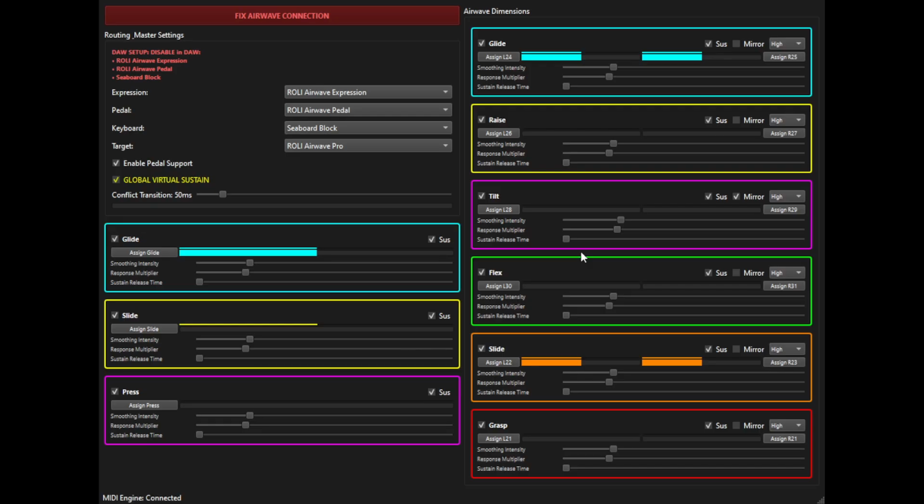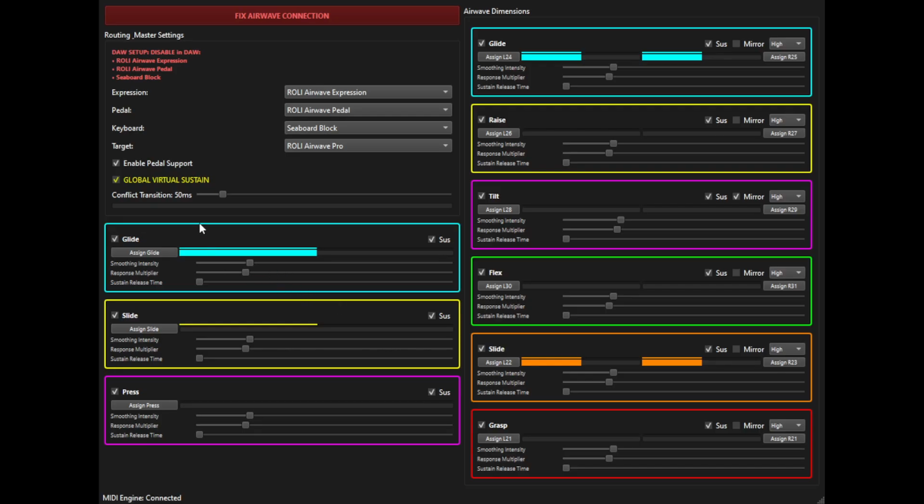I don't like to use an envelope on the software because then I'm not really fully in control. And so having this sustained release time is kind of like having an envelope. You have full control over exactly how much it's going to be. It's always going to be the same value, and you can get familiar with it. And it doesn't have to be much, but it does give it a little bit of a time before it drops down to 0 so it doesn't have the clicking sound when it drops, which is annoying, especially if you